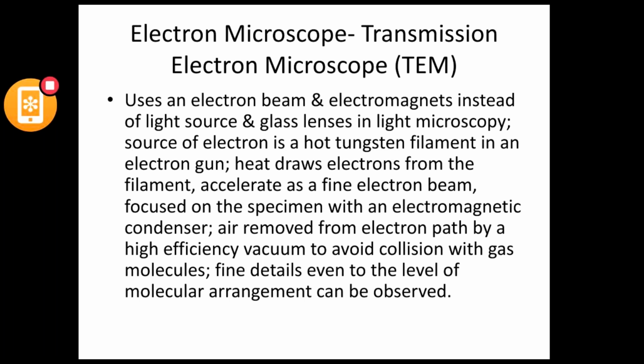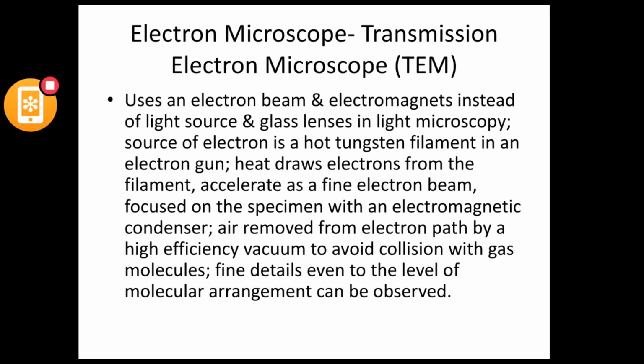In air, there are a lot of suspended particles, dust, all those things. So electrons can hit the suspended particles in the air and get scattered, so that we will not get a clear image in electron microscopy. In order to overcome this issue, in electron microscopy, air is removed from the path of electrons by a high efficiency vacuum in order to avoid collision with